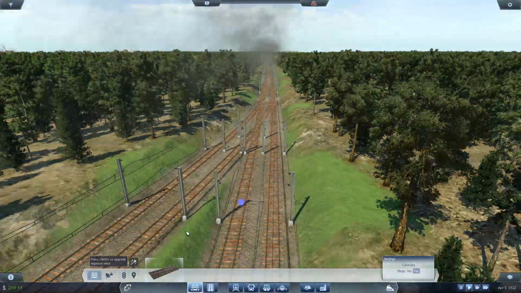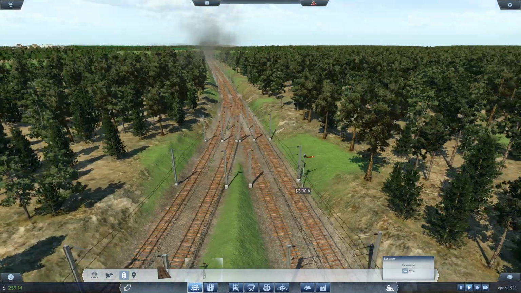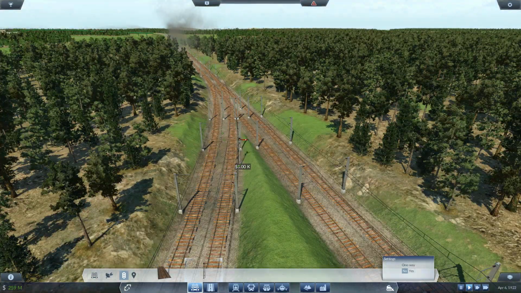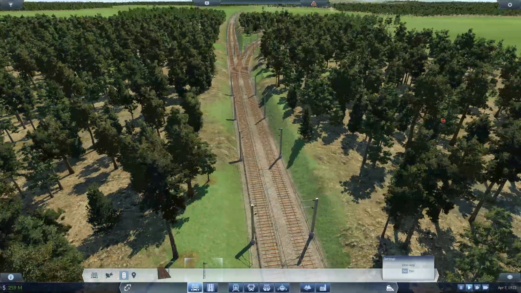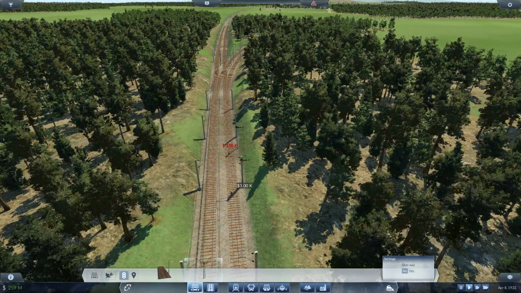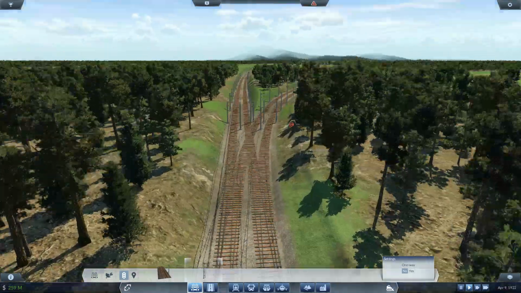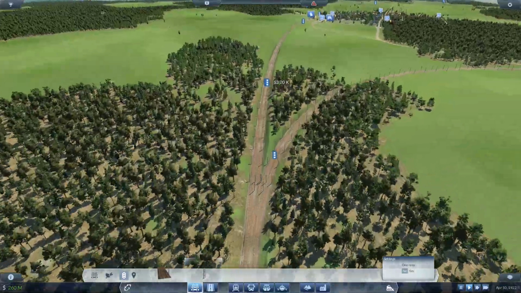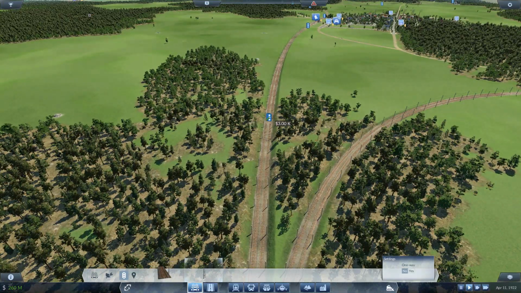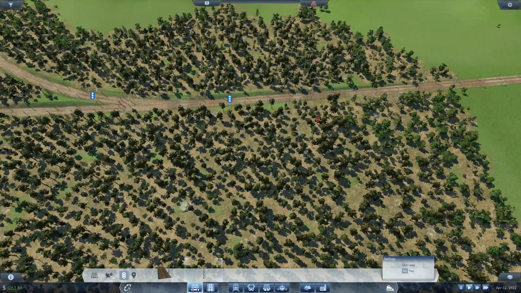Alright, so for signaling, we're definitely going to need a signal here as we approach. And we're going to need a signal here as this approaches here. Let's see, this will be coming down. Do I want to block that off? No, that signal there should be sufficient. And then once it's on there...